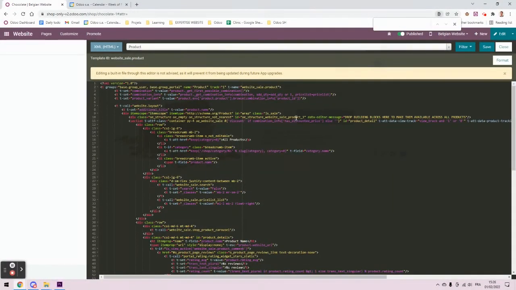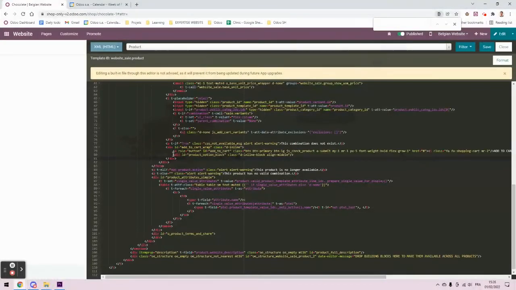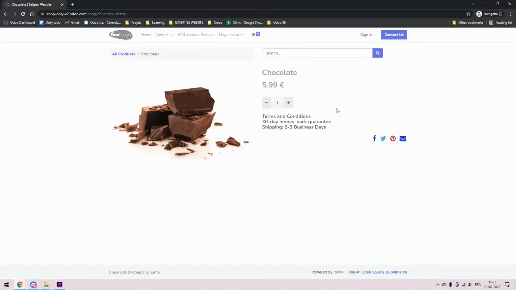So to do that, I'll just have to find the add to cart button in the HTML, which is right here, add to cart, and it is inside a div. So what I can do is just hide this div for the public user. So I added the groups property as usual. Now if I save and that I refresh the page, as you can see, I do not have the add